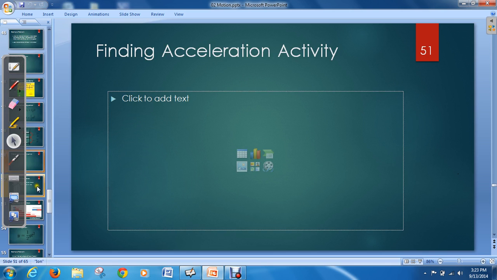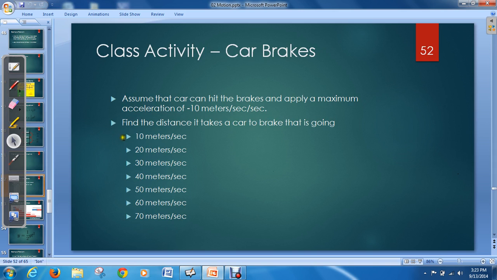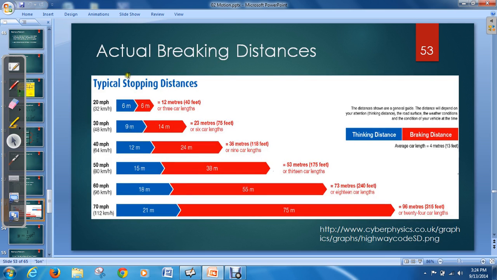Then after this we did a simple activity to calculate acceleration, and we did this activity about car brakes, seeing how quickly you could brake a car. So I would recommend having you try this to see if you can figure out how long it would take these cars to brake. But we did it in class, and we found out that we have this